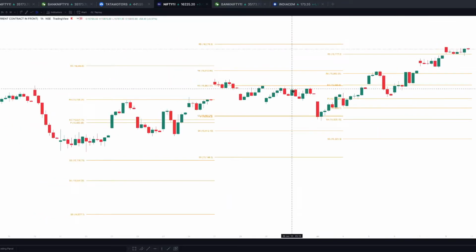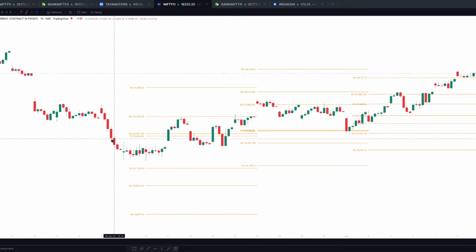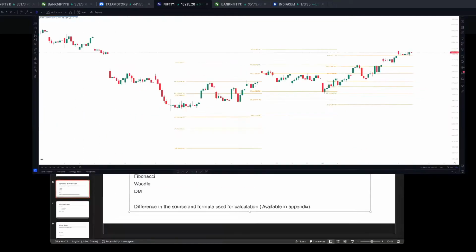If you see anywhere where S3 is getting breached or R3 is getting breached, the success rate of reaching R4 or S4 is pretty good, above 70% from my experience. So, going back to the chart,